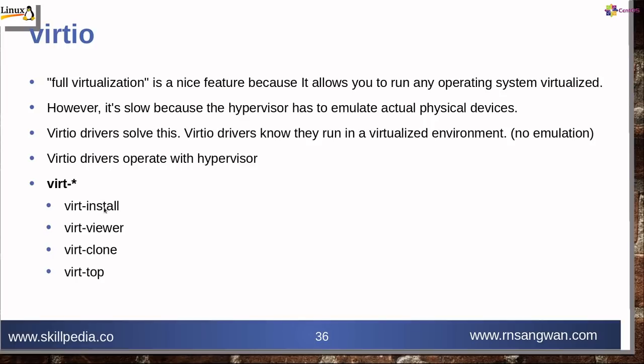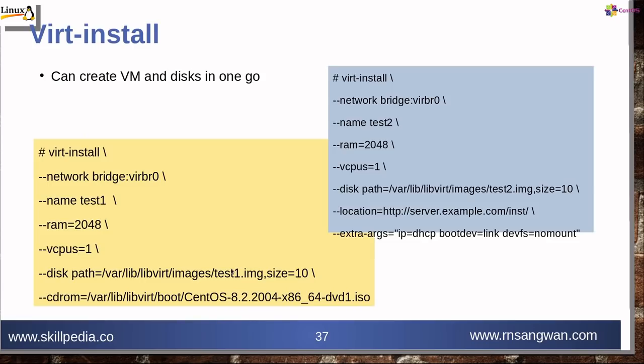And these are the commands which I was working on. I demonstrated one of them right now. That is virt-install. The commands that start with virt: virt-viewer, virt-clone, virt-top. There are many commands starting with virt. And this is the command which I demonstrated, virtual machine installation. I launched the fourth machine using this virt-install option, and this command gives you how to create a virtual machine directly from the command line using virt-install.